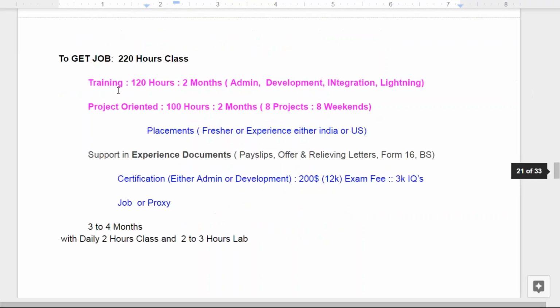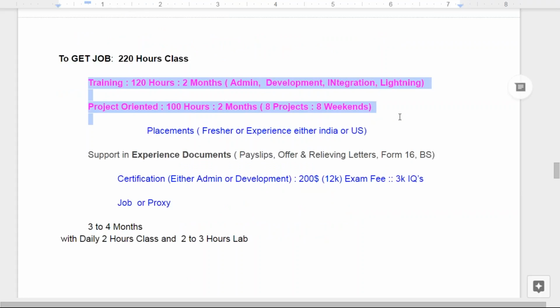We give the training as what the industry requires. The training is project-oriented, and we support all the placements. Whoever completes the training and project, I'll place in jobs immediately, at any cost. 200% will be placed in jobs. So there is a huge requirement for freshers there.